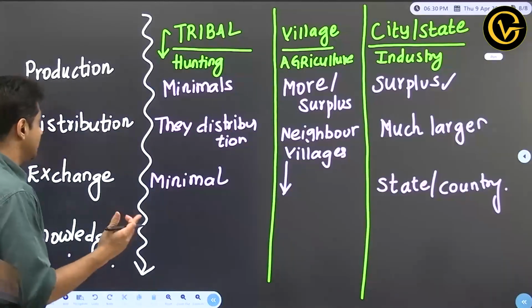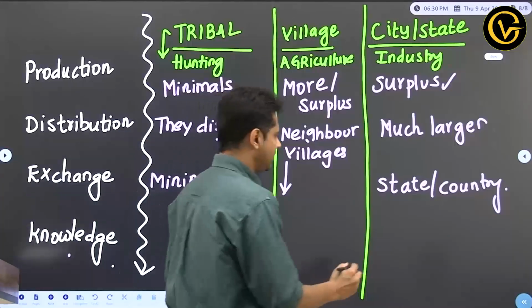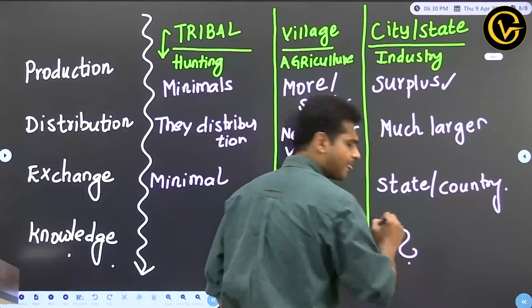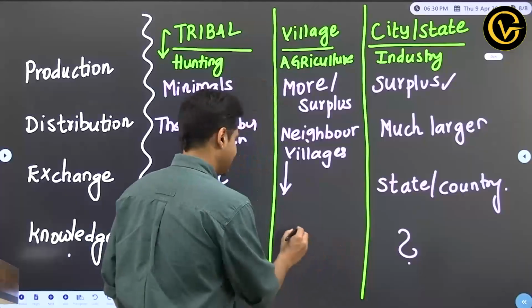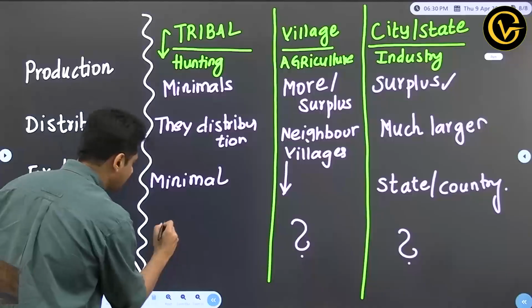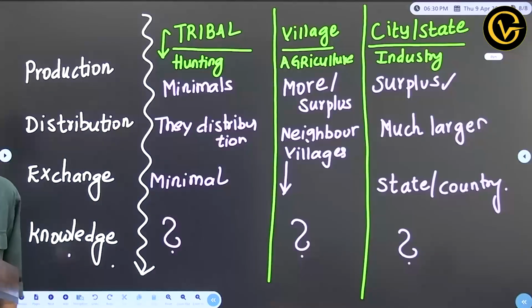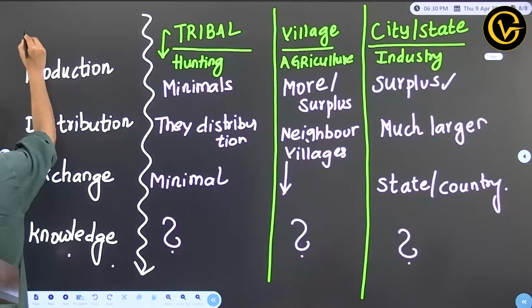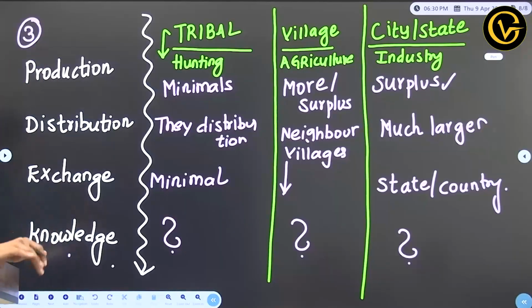Knowledge. Tell me now, is knowledge present only at this level? Not necessarily, right? Even these people have knowledge about agriculture, agriculture processing, agriculture related activities. Even they also have knowledge about hunting, gathering, local medicinal plants. All of them have knowledge, right? Understanding what I am trying to say. So even an indigenous economic system, what I want to convince as part of topic 3, is that it will have their own production, their own distribution, their own exchange, and their own knowledge.